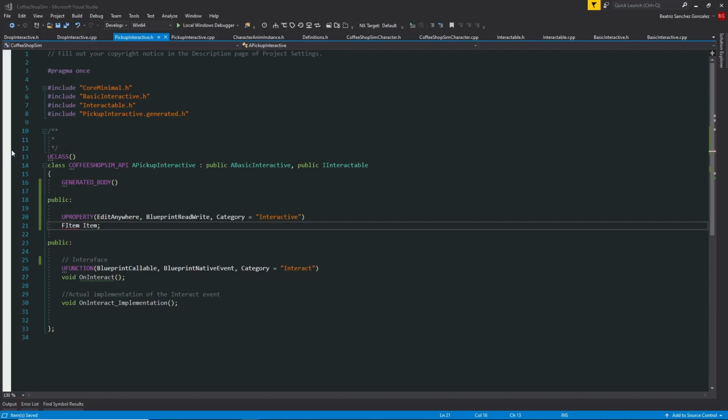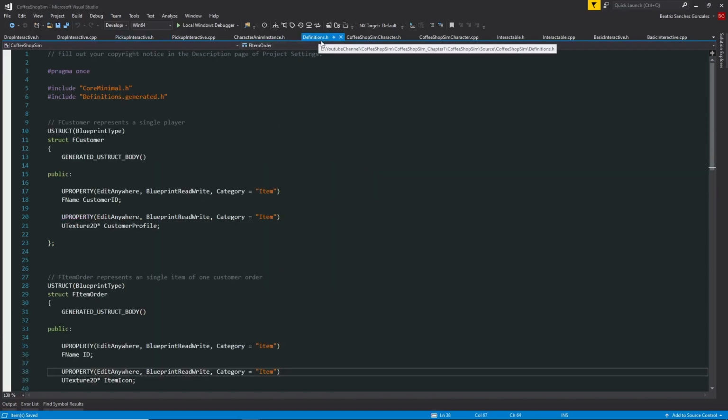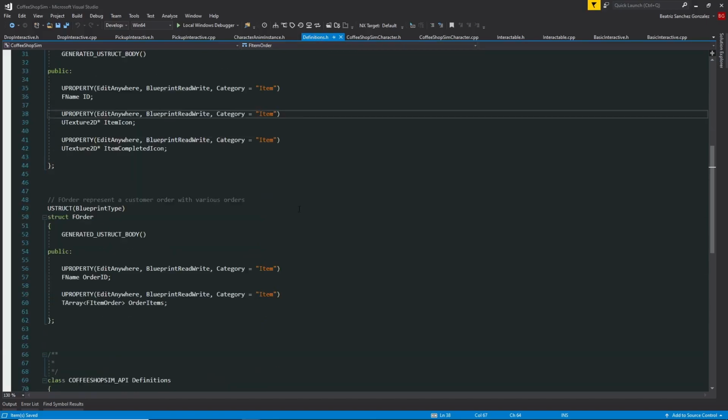So we're gonna declare that in the definition.h. That's how I like to do it, and I use this to declare structures mainly. It's a handy place, so I have everything in the same place. So let's place that